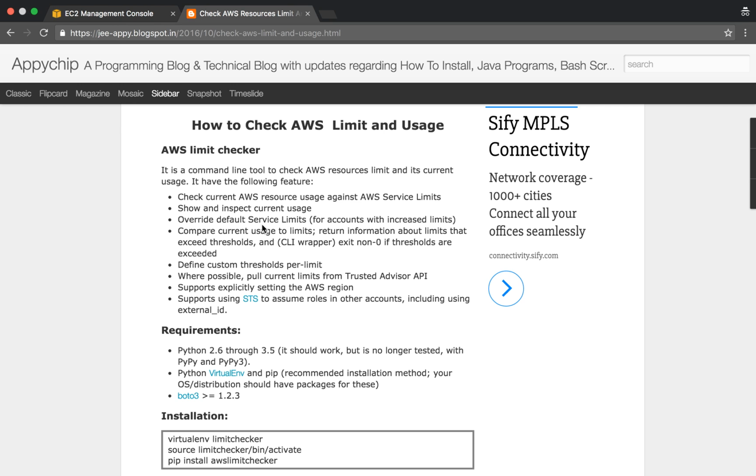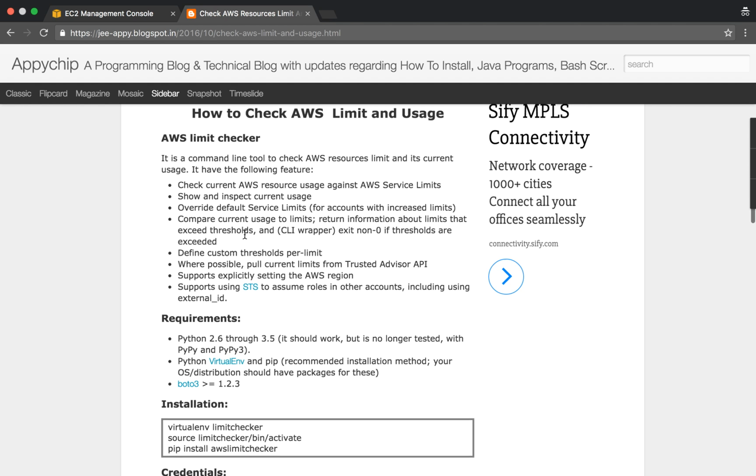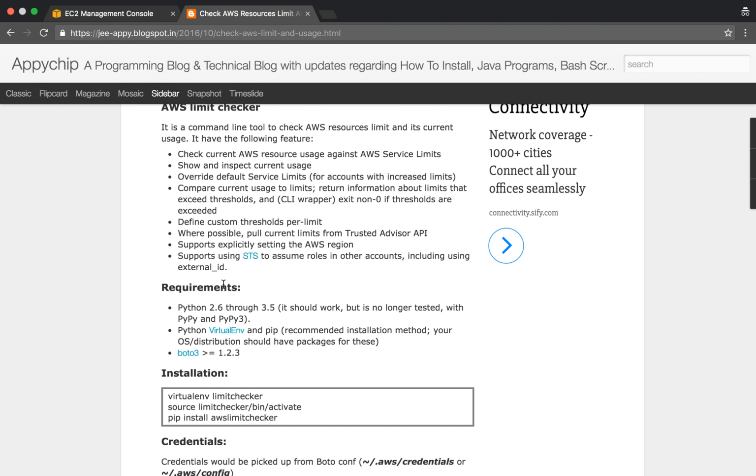Suppose any resource has a limit, say 50. Say your Elastic IP limit is 50, and if you have got it increased to say 100, then it will show the limit as 100 rather than 50. It also compares current usage to limits, and returns information about the limits that exceed thresholds. You can define custom thresholds per limit. That is also possible. It has all these kinds of features, and it also supports specifying the AWS region explicitly,